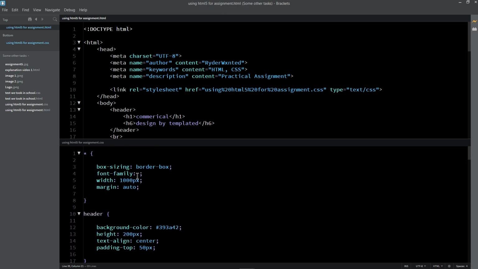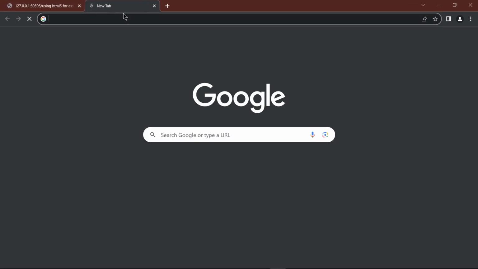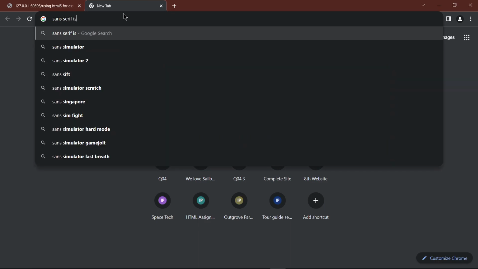Here, when we define font family, as I said, if you can't find it, you can just use Times New Roman, which is I think serif. I keep forgetting to Google it, which is similar. Sans serif is